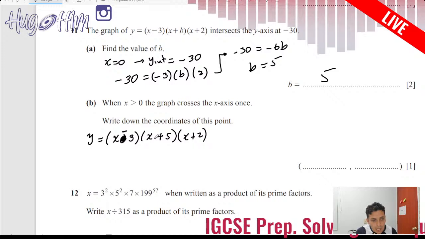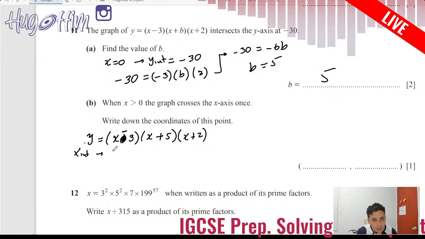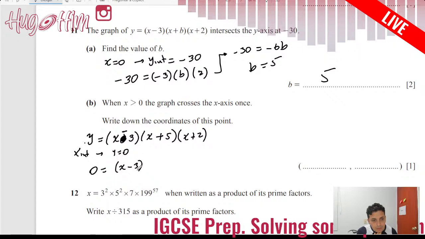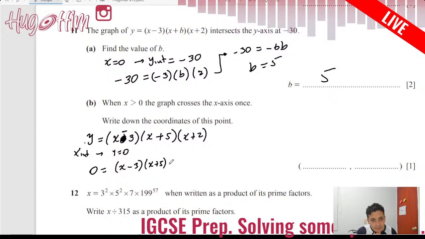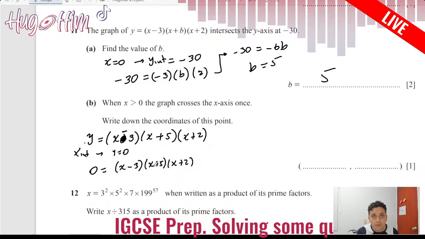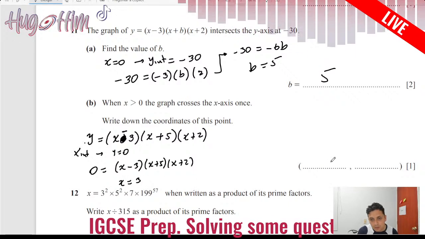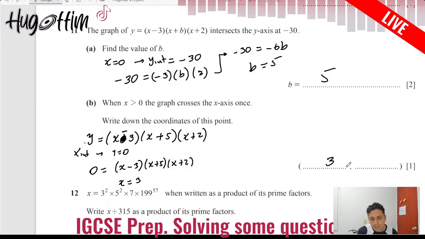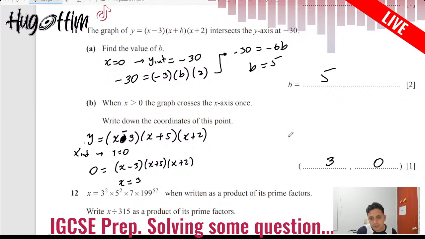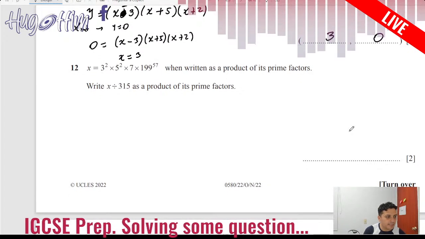Yes, it's once, because the x-intercept happens when y is 0. So it means that 0 equals x minus 3, x plus 5, x plus 2. If I solve it by the zero factor property, two of the solutions are negative. The only one that is positive is 3. So the point is x is 3 and y is 0. Okay, the coordinates of the point crossing the x-axis. Next, it says